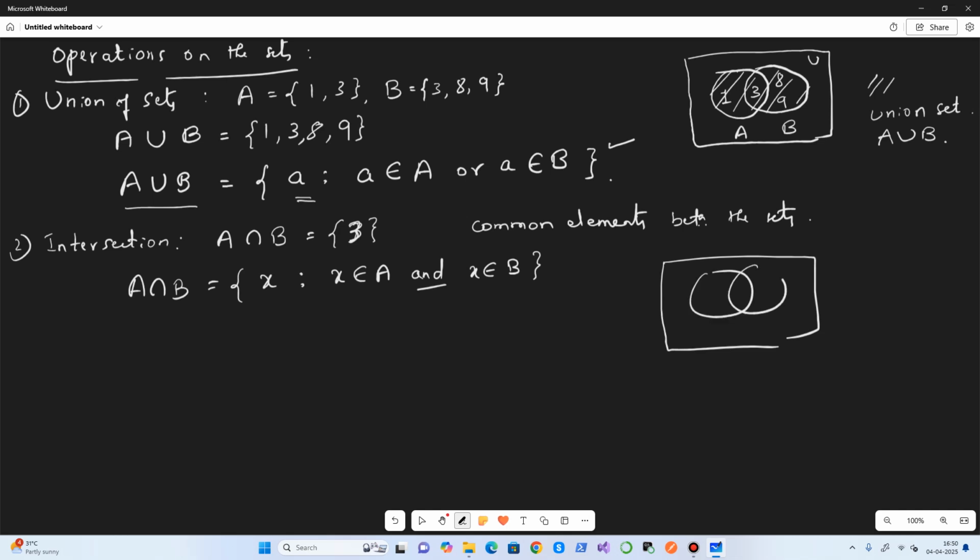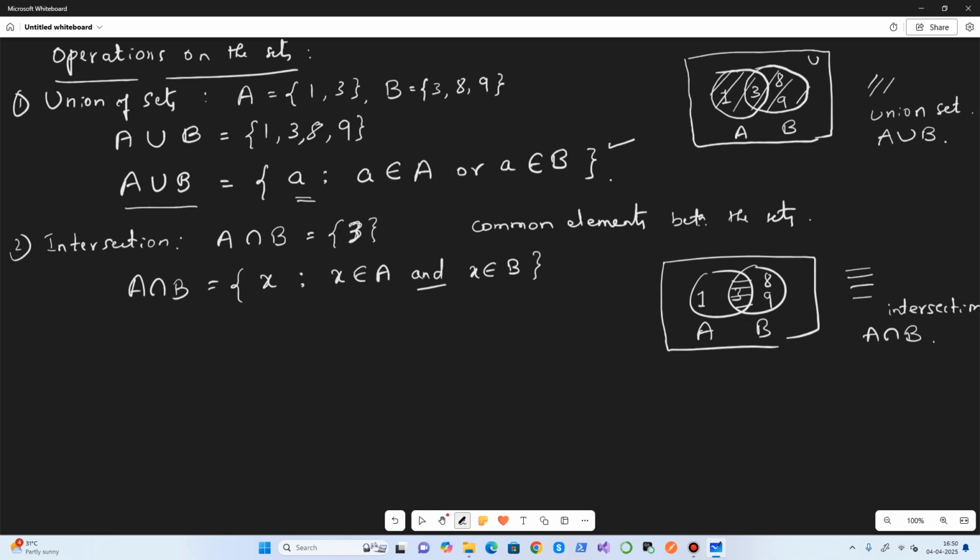And in the Venn diagram case, this is A, this is B, this is 1, 3 is the common, 8, 9. Whatever area I have marked with the dashed lines is basically the intersection, A intersection B. So we can extend it to 3 or more sets.